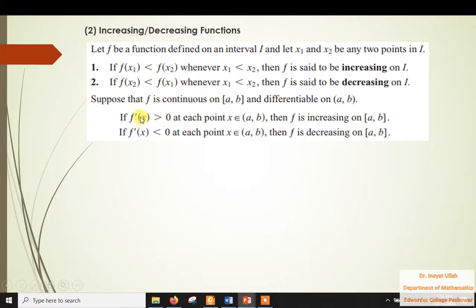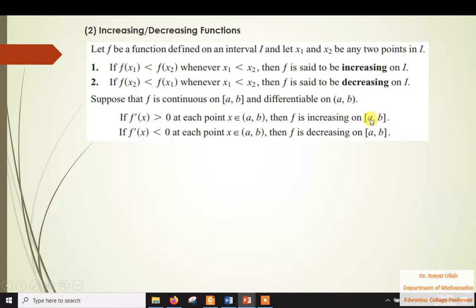If the derivative of the function is positive, greater than 0, at each point of this interval ab, if you take any value between a and b, and for all those values the derivative of the function is positive, then we say that the function is increasing